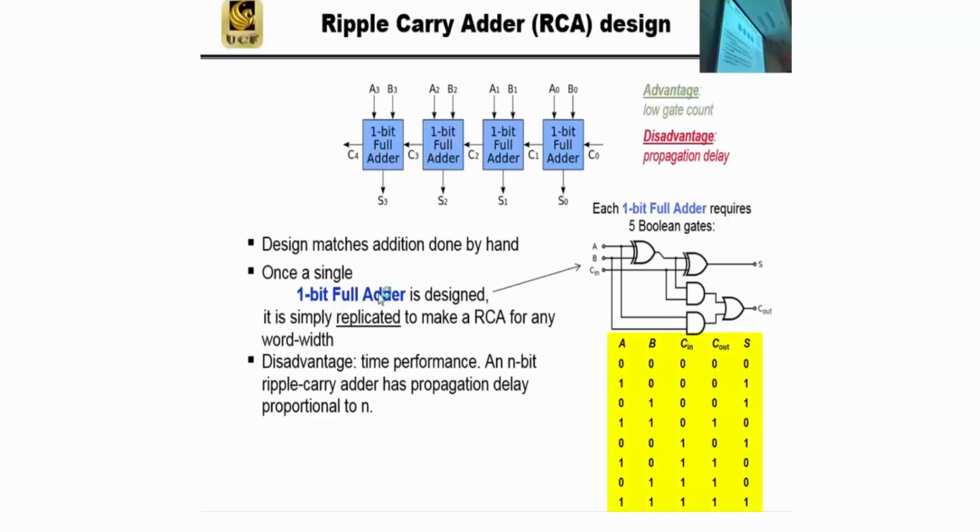Here's the truth table. This is one realization of this truth table. You could take this truth table, throw it in a Karnaugh map, throw it in a design tool, and it will generate some gates, and you say, I want to use these gates. This is one way to build it. There's more than one design. Okay, this is just one design I'm showing you. So what's the advantage of this? Turns out that the gate count for this is relatively low in the sense that we design this one box, we just replicate it and ripple the carry from one carry coming in, goes into this box,